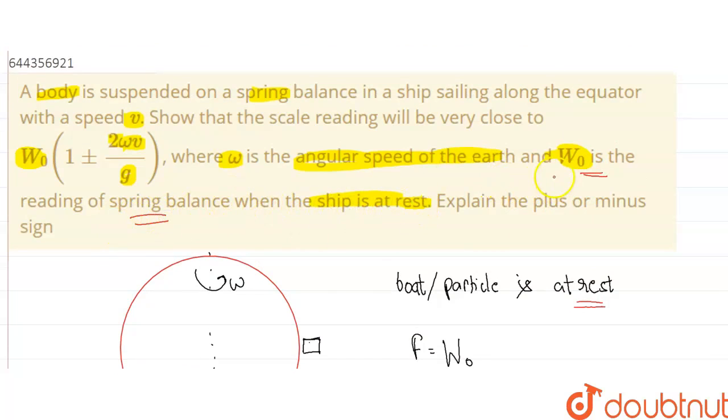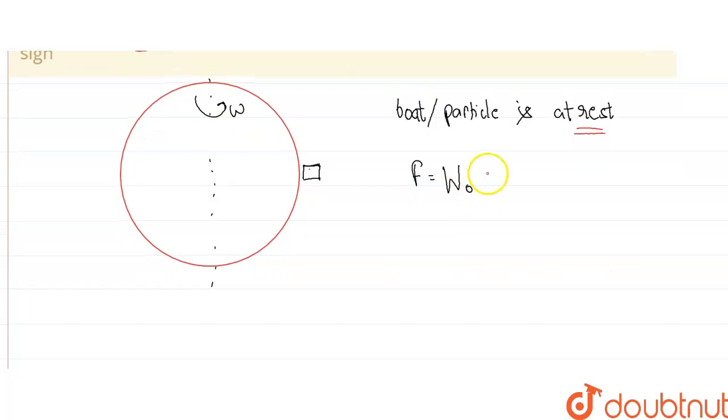The reading of the spring balance can be written as F, and this can be written as M into g effective. What's g effective? G effective means the apparent gravitation acting over it, which is g minus